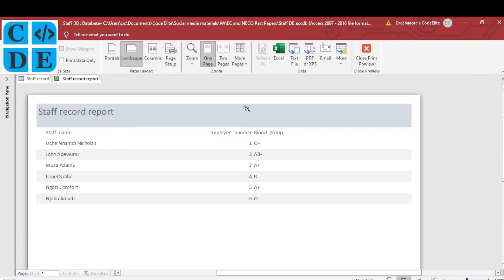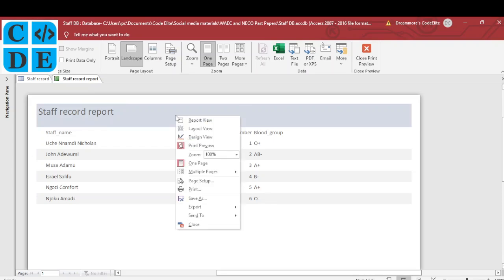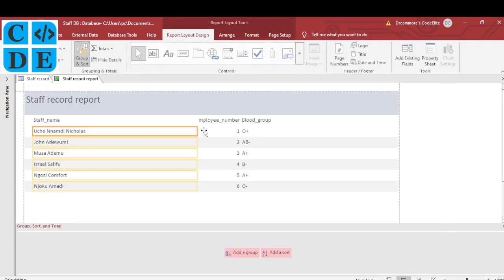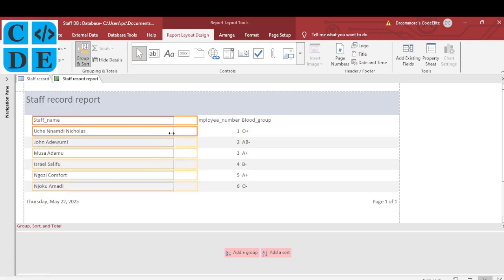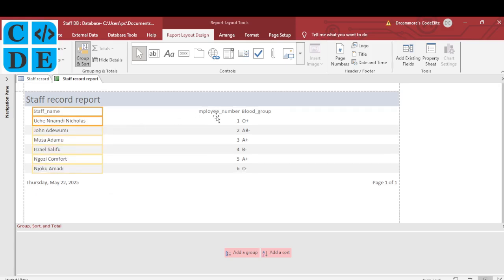Of course, you need to do some adjustment here to make this look better. So what I think we should do now, I will change this to layout view. Okay, I right clicked and then I'll go to layout view. So this is the print preview. I'll click on layout view, so that way I can come here and adjust these things a bit. Now I'll click on the field name, hold my control key down and click on any of the data to select the entire data. Then I can adjust both of them, as in the field name and the data, like this. You see, again I can come here, hold my control key again, click and adjust,